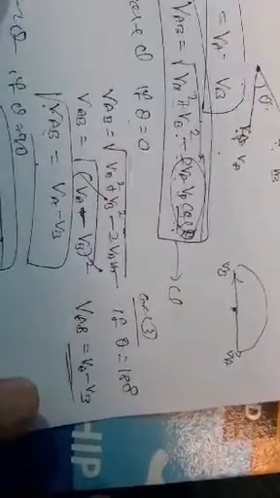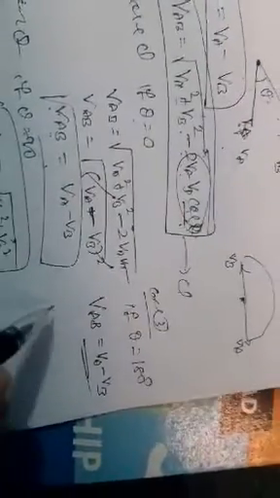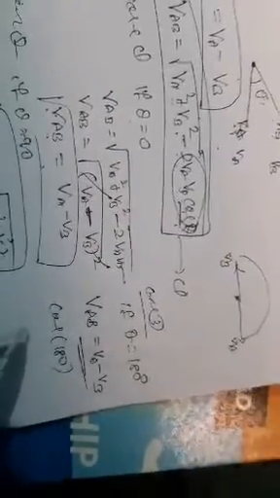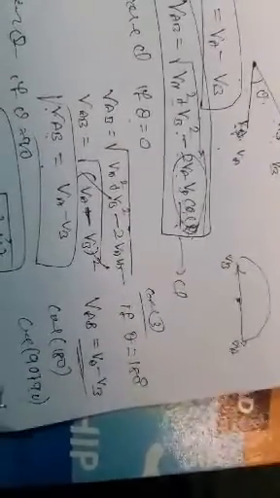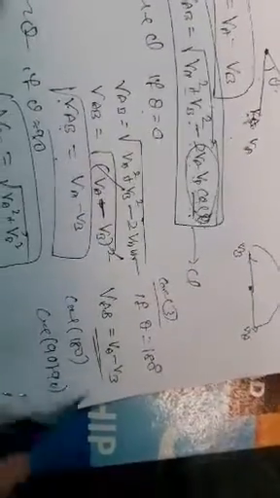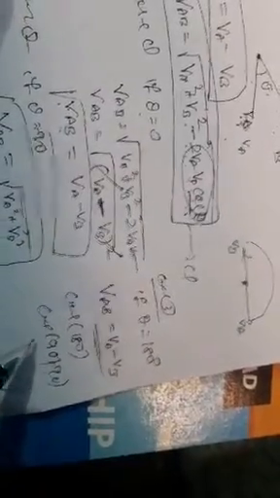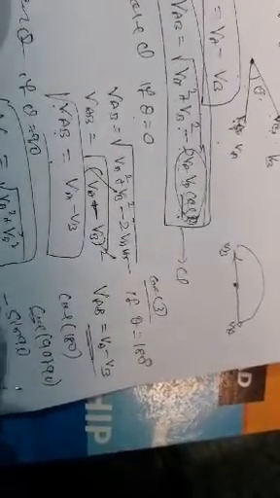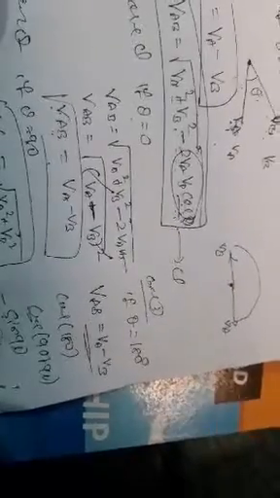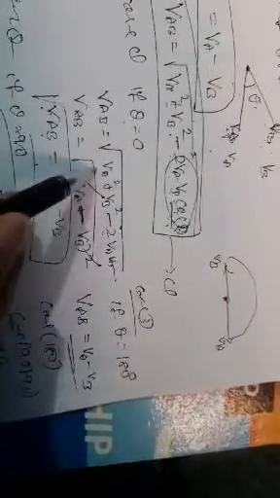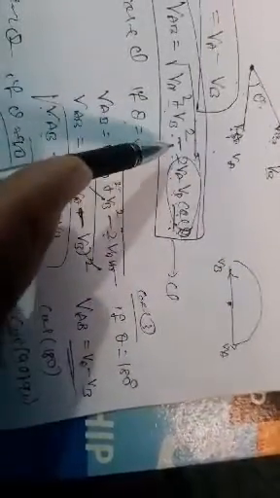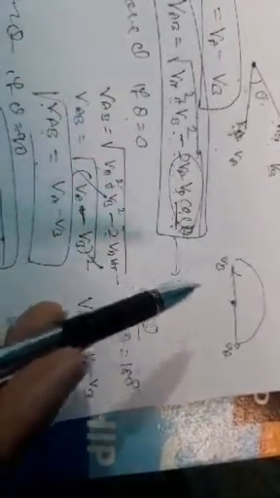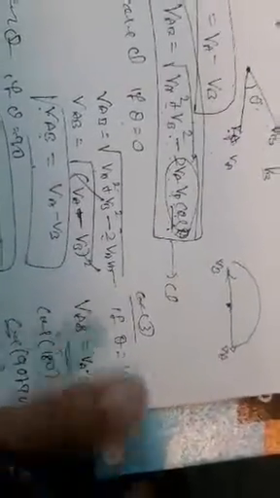Cos 180 can be written as cos of 90 plus 90. In the second quadrant, 90 plus theta, the trigonometric ratio cos is changed to sine, and cos means a negative sign, so it is minus sine 90, that is minus 1. Substitute this value: VA square plus VB square minus 2 VA VB, that means VA minus VB is the answer. These are the concepts of relative velocity.